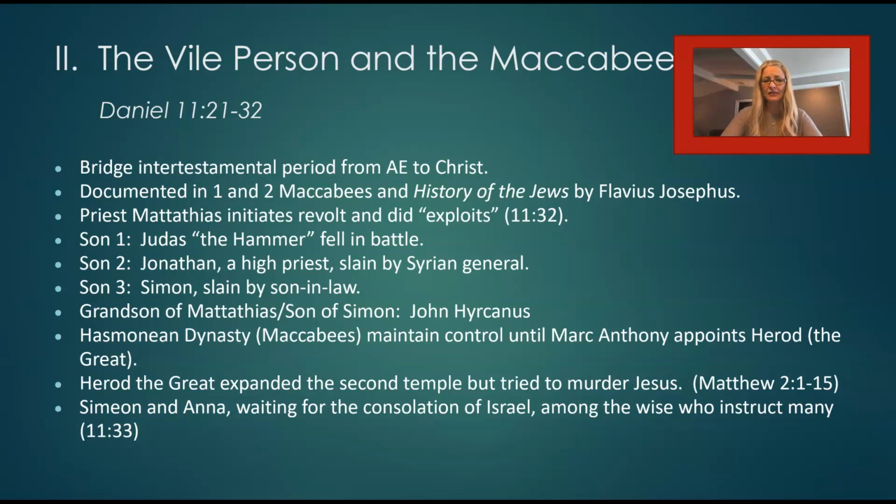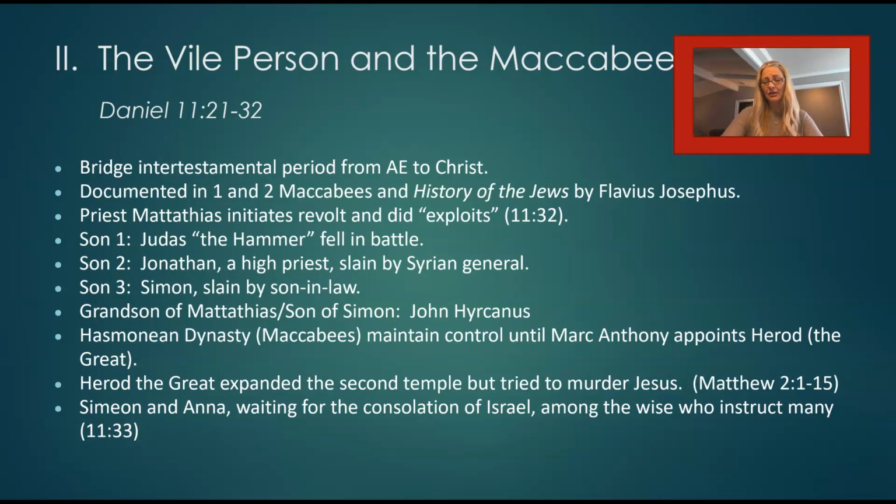Mattathias had 3 sons, Judas, Jonathan, and Simon. Judas was nicknamed the Hammer, which is the meaning of the word Maccabees. Mattathias also had a grandson. His name was John Hyrcanus. This family together creates the Hasmonean dynasty, or the Maccabees, and they maintain control until Mark Antony appoints Herod the